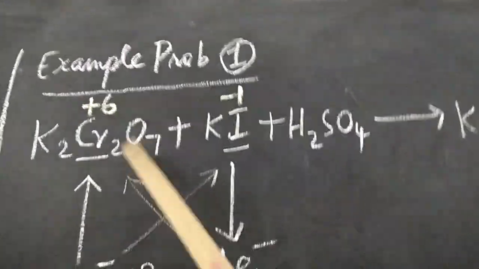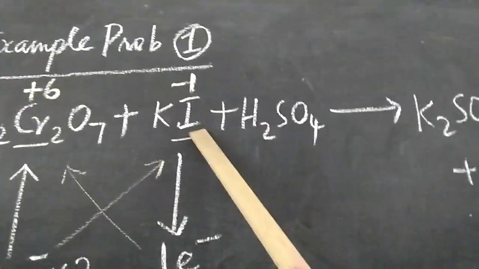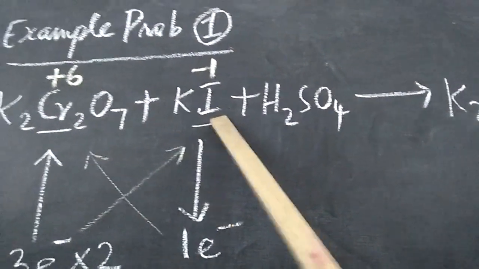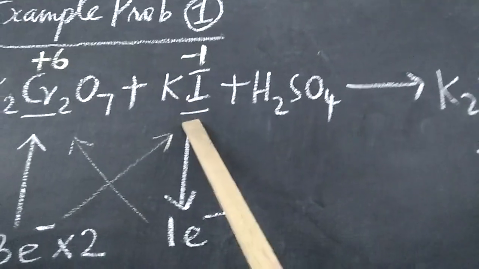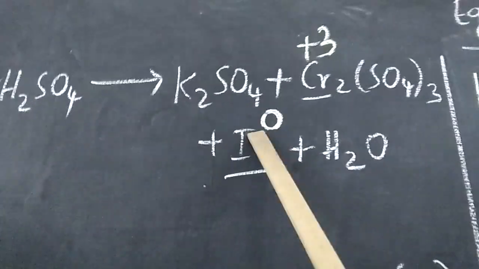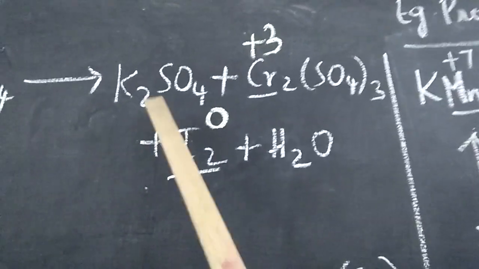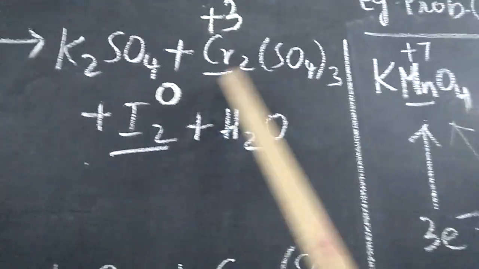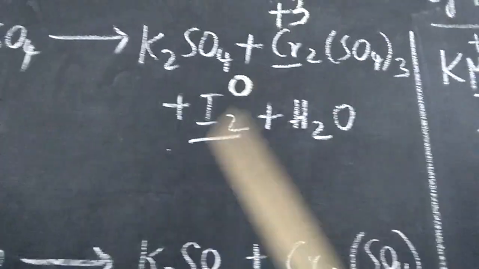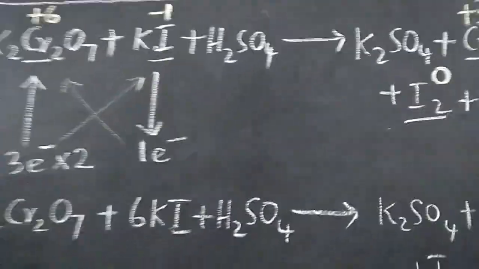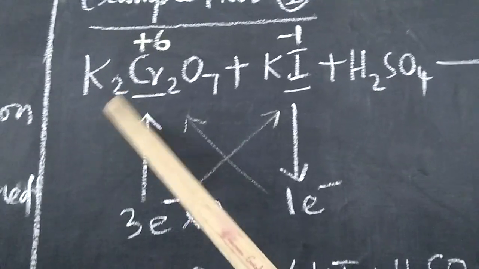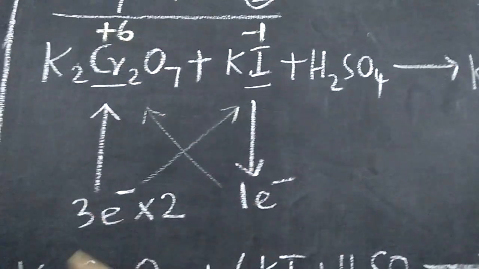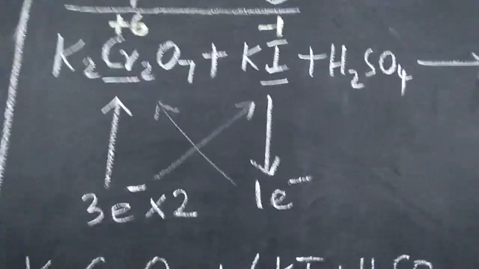So this is a chemical reaction where potassium dichromate reacts with potassium iodide. Potassium dichromate along with sulfuric acid is an oxidizing agent, and it oxidizes potassium iodide to iodine. So the byproducts are potassium sulfate, chromic sulfate, iodine, and water. Iodine is the main product, that is, potassium iodide is oxidized to iodine. Now let us calculate the oxidation number of some elements. Only those elements where there is a change in oxidation number between the reactant and product side, you have to note.